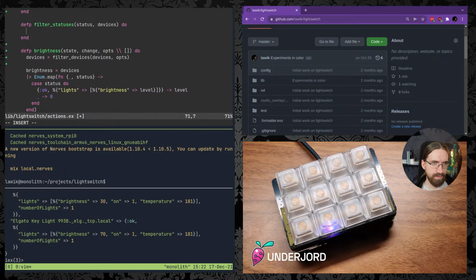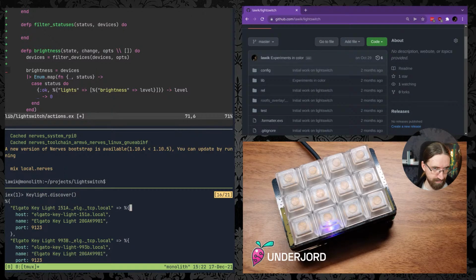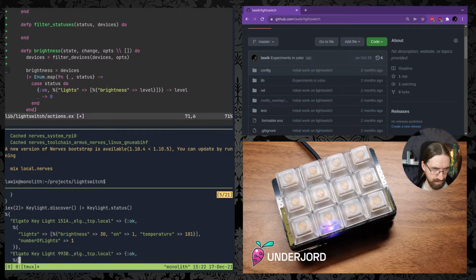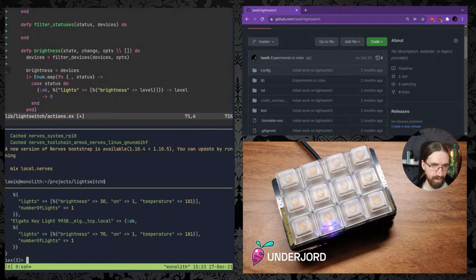So in this case, we were asking for all of them, which makes it a little bit easier. But in this case, then the discovery, we get those keyed, and we have them keyed the same in the status one. So we can do